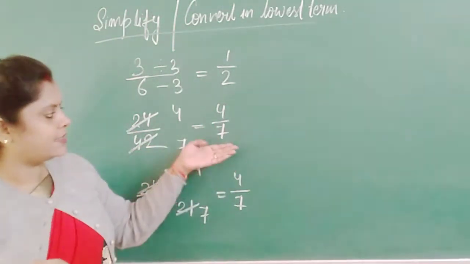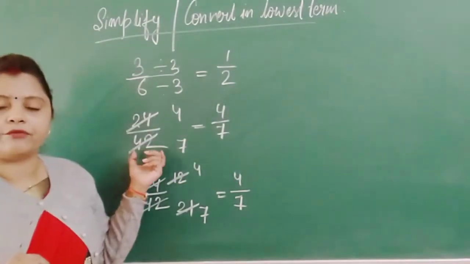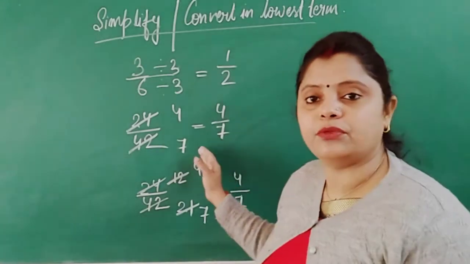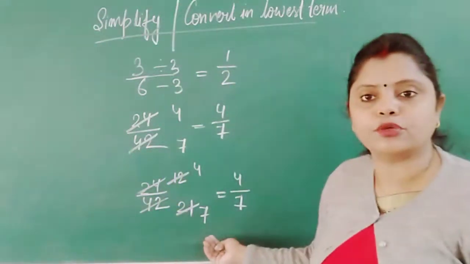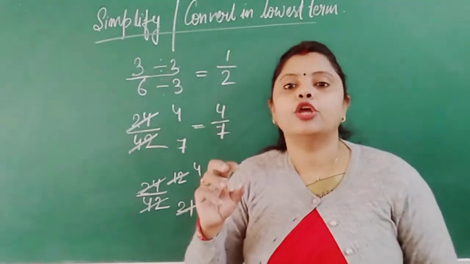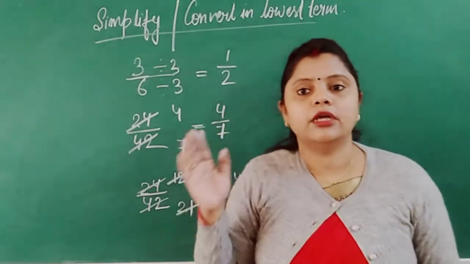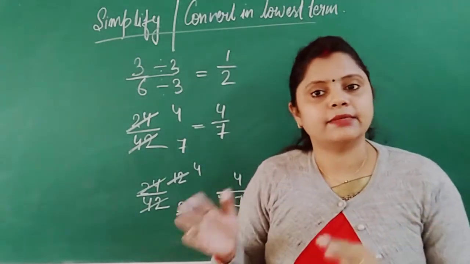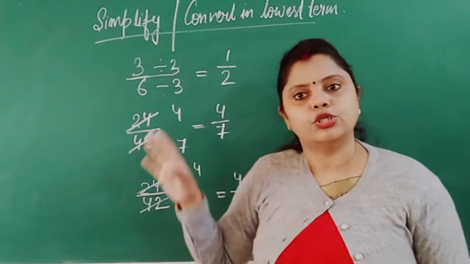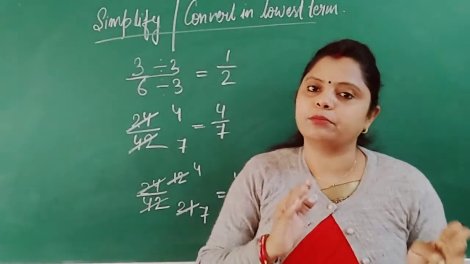Now we can say that 4 by 7 is the lowest term, which we have shown for 24 by 42. We have represented it in the simplest way. Either we can proceed with the highest common factor, or this way also. But our main conclusion is that we have to reach the point where there is no possibility of cancelling further. If you check 4 and 7, both cannot be cancelled further except by one. But what is the use of cancellation by 1? Because if we cancel by 1, we get the same number again. So here I have shown you how to get the lowest term, or how to simplify a given fraction.